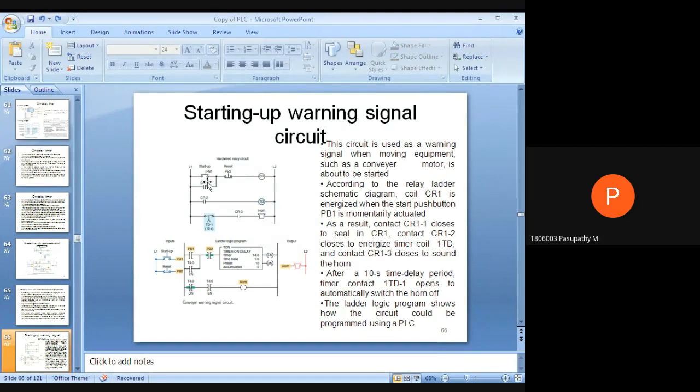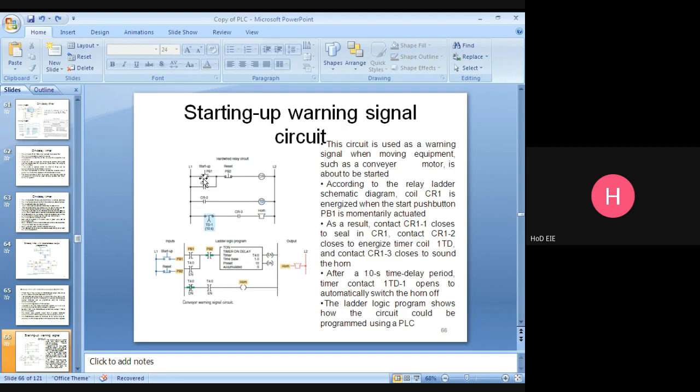Listen carefully. The start button is pressed. Once the start push button is pressed, this control relay will be energized. This one's address is CR, so CR1, CR2, CR3: this contact closed, this contact closed, this contact closed.